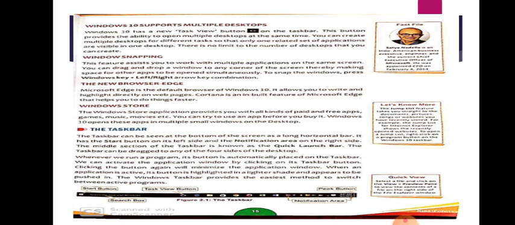So coming back to the same page, Windows 10 also has Microsoft Edge. See the Microsoft Edge topic on page number 15. Windows 10 also has Microsoft Edge, which is the default browser of Windows 10, where you can write and highlight the pages directly. The Windows Store is filled up with apps and games, and even personal work that you might need for different stuff, that I told you earlier while explaining the chapter.